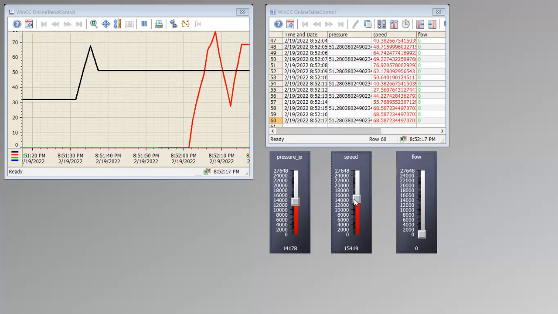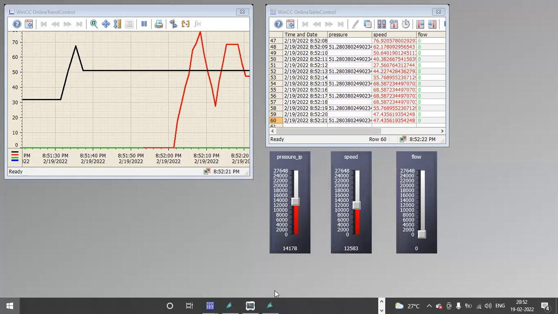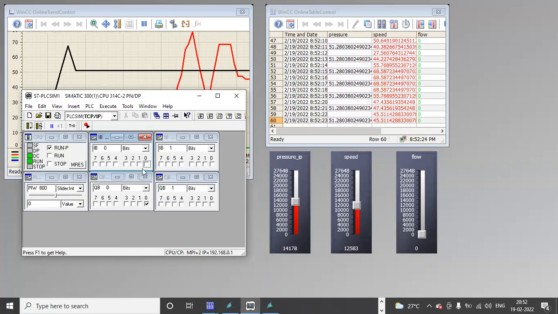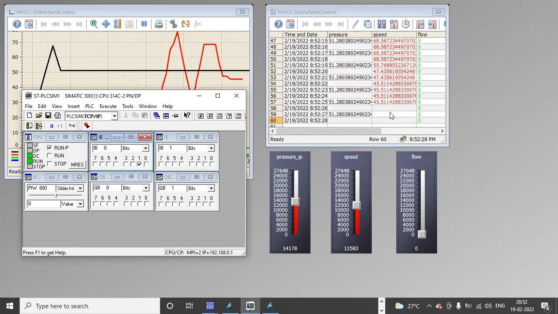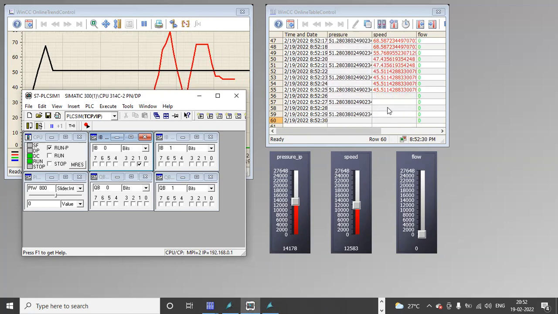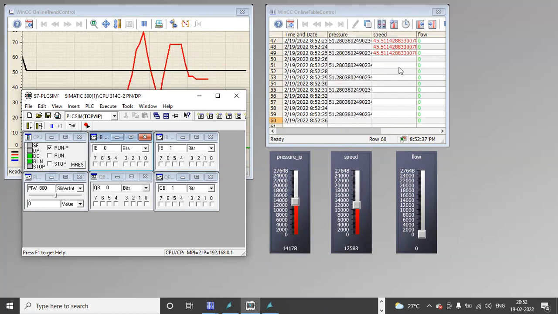Okay. So when you give stop, when motor is off, it stops storing data for the speed. Okay. So I gave the stop command, so motor is off. So when the motor is off, it stops storing data.